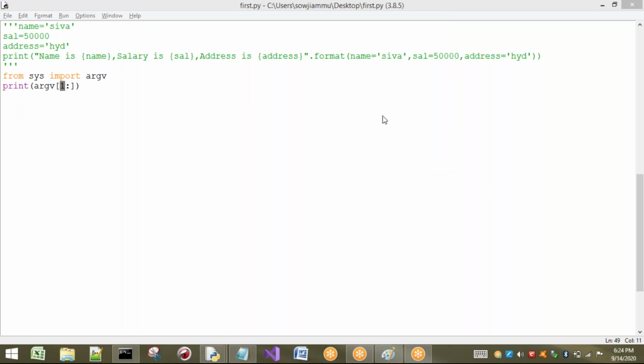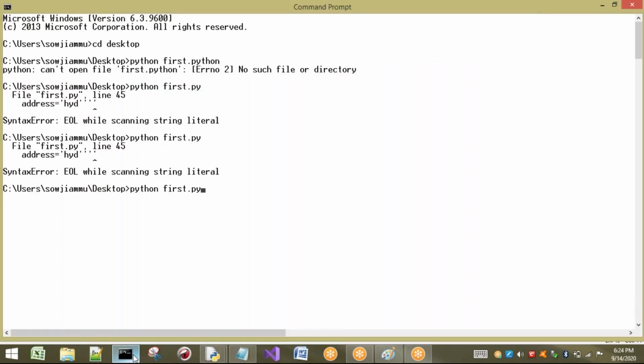Now I am going to print from 1 to the last value, so I will take the command line arguments. Before executing the program, after typing the statement, I will pass some values: 10, 20, 30. If I press enter, the output should be 10, 20 and 30.